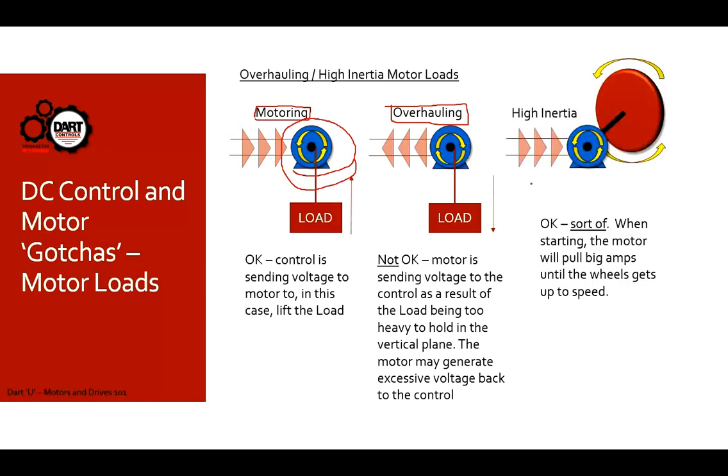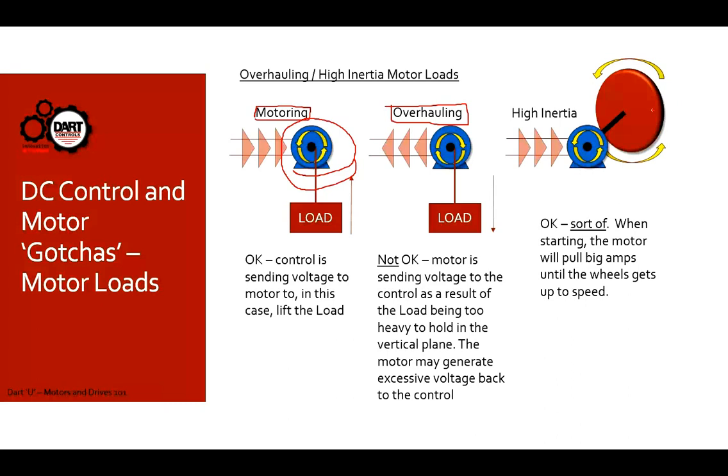Okay, the last instance is a high inertia load. And in this case, this load is okay, sort of. If you can envision, it's basically a big gigantic flywheel. There's a lot of inertia involved with this kind of load. And what we may need to do at the control level is actually turn up that acceleration adjustment. We may not want to hit the motor